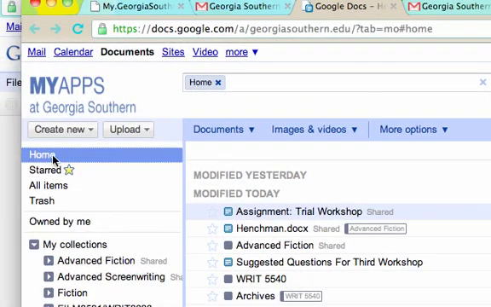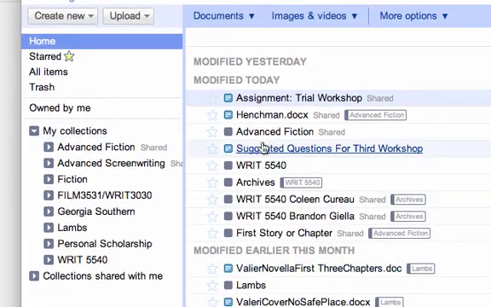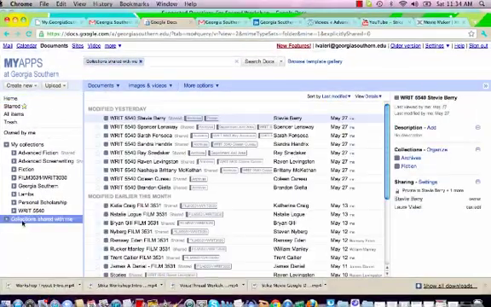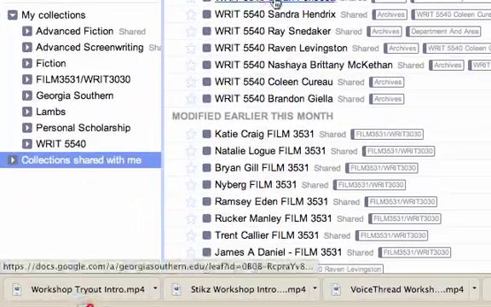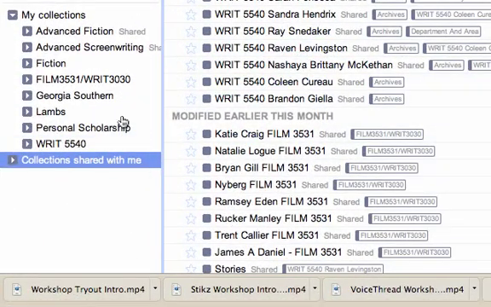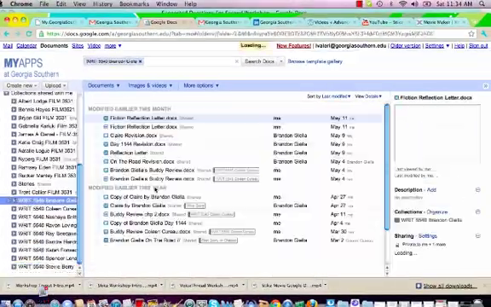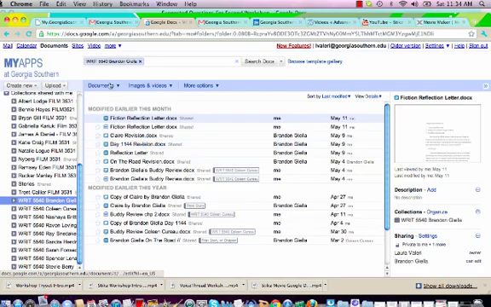Now, right now, your default position is in Home, so whatever file you upload, you will directly upload to your generic homepage, and it won't be organized in any of these other subfolders that you've created for yourself. So I am going to want to share something with one of my students, for example. If it were you, you could share it with your professors. And I can go into Collection Shared with Me and click on a student's folder, and then I can start